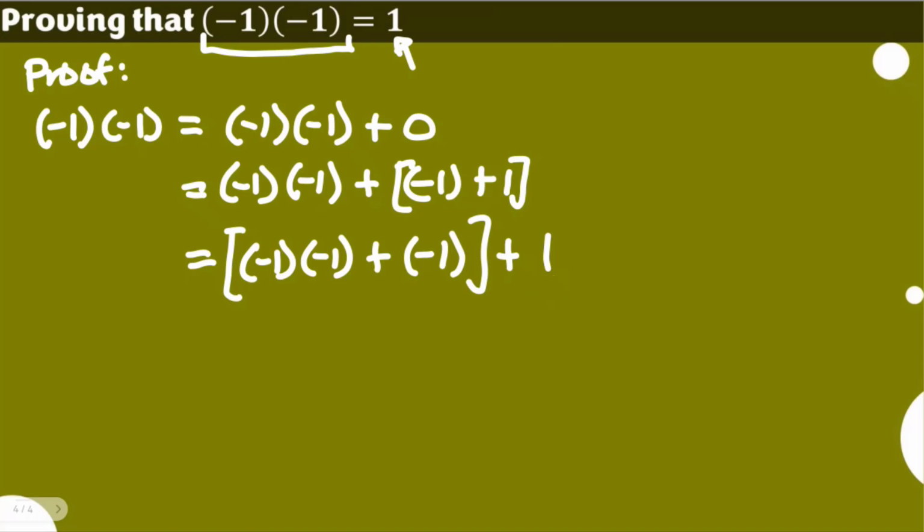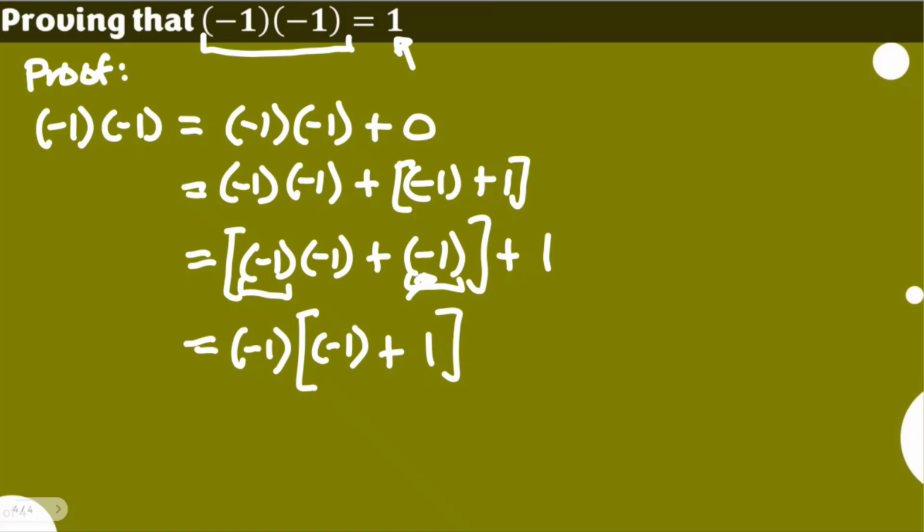Now with this, we can see that there is a factor of -1 here. Hence, it's a product of the distributive property. While we distribute -1 to all the terms inside, this is the reverse. This is still an algebraic property of real numbers. The reverse method of the distributive property is when we take out -1, leaving on the first term another -1. For the second term, since we took out -1, what is left is +1 this time. Looking into this, we can see that we have another set of additive inverses being added, just like what happened here. Obviously, that's equal to 0.